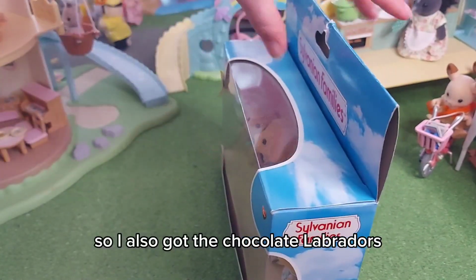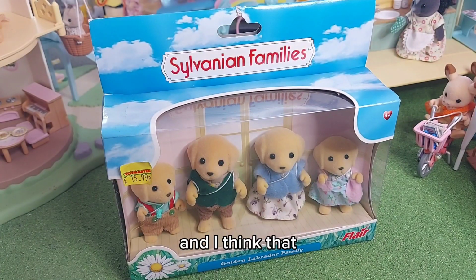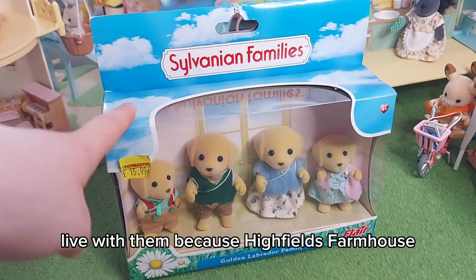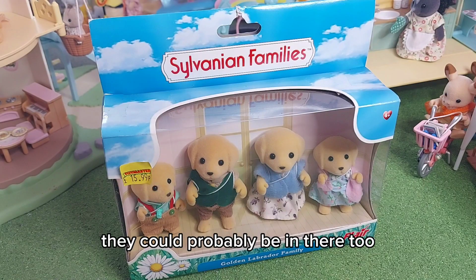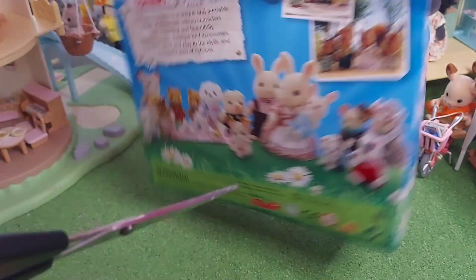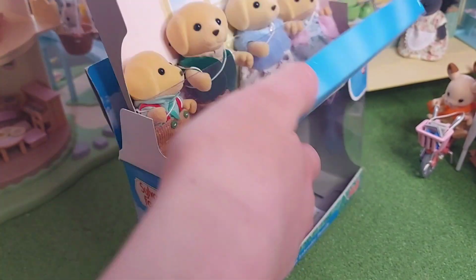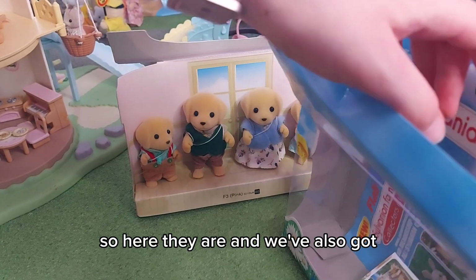So I also got the chocolate Labradors, and I think that the golden Labradors could probably live with them because Highfields farmhouse is quite big, so they could probably be in there too. So here they are, and we've also got